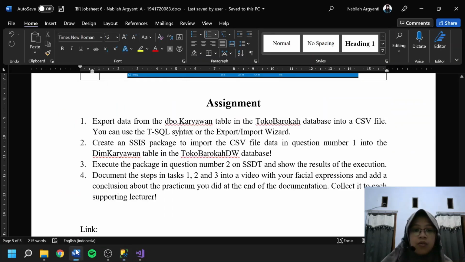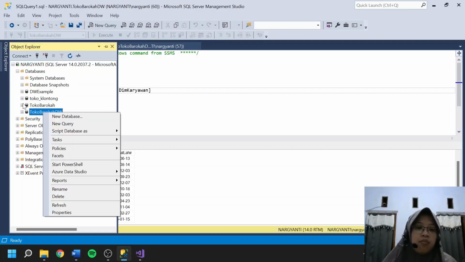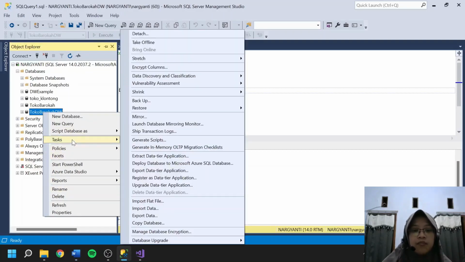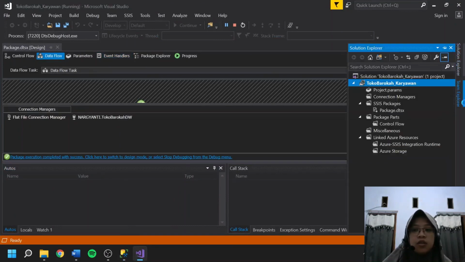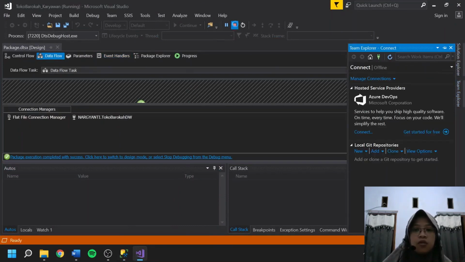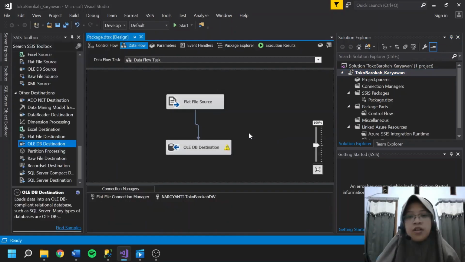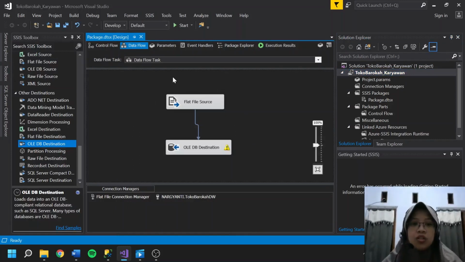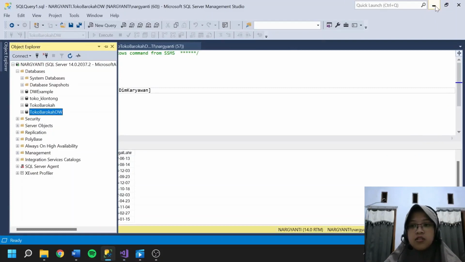Actually, we can import the CSV with the import data wizard, but with the SSIS package like we did before, we can do it more specifically. And yeah, we can do this import with SSDT or the export import wizard like this.